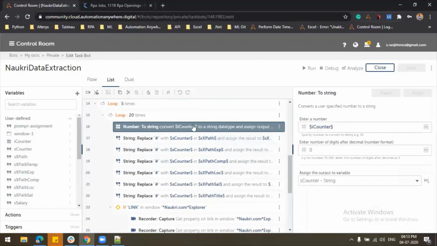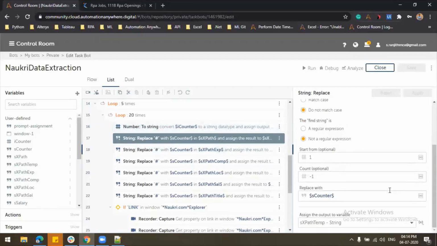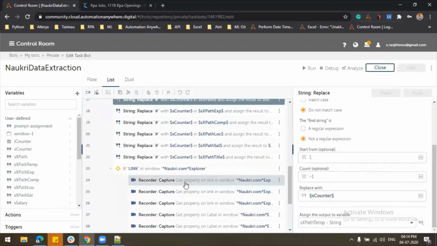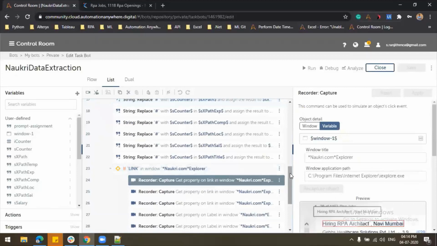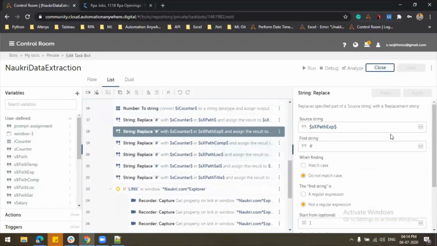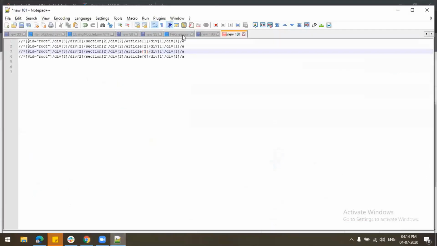We can't concatenate a number with a string in A2019, so I converted this number variable into a string. Then I replaced that and stored it into a temporary export variable. If I used the main source variable, it would replace the original thing.